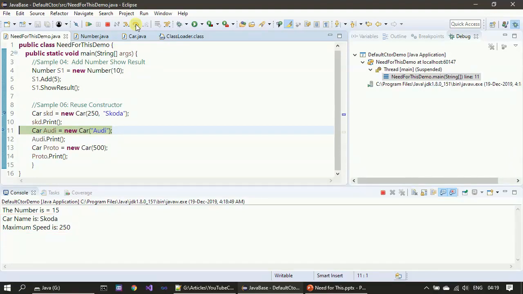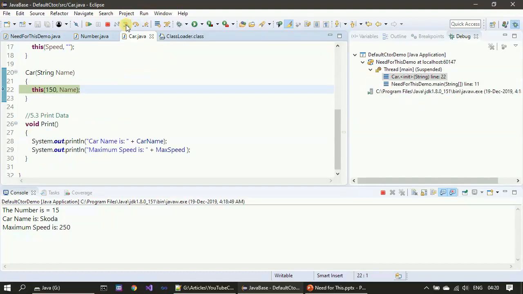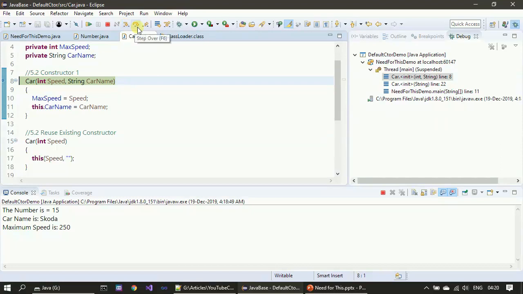This time the constructor is calling only the constructor with only the car name. So when we get inside, we will get inside the correct version of constructor because of the overloaded constructor. Let us jump in, because the current line is at this, and if you see, it will make a call to our existing constructor. So it will initialize that,